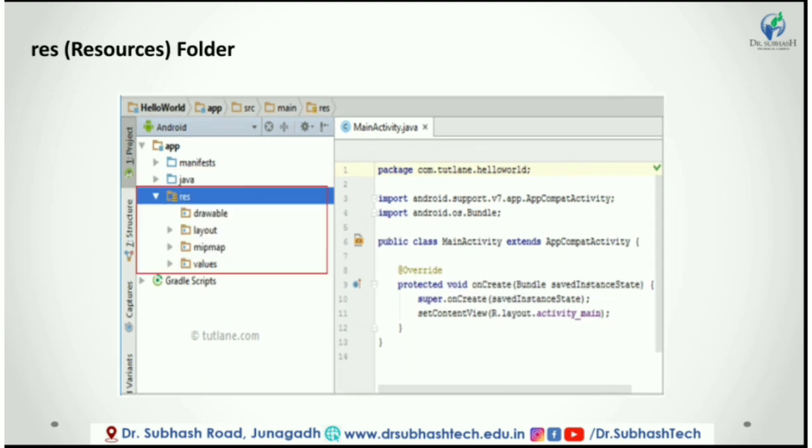The next folder is the res resource folder. It is an important folder that will contain all non-code resources such as bitmap images, UI strings and XML layouts, as shown below. The res folder will contain different types of folders like the drawable folder, res/drawable. It will contain the different types of images as per the requirements of the application. It is a best practice to add all the images in the drawable folder, other than the app or launcher icon, for the application development.